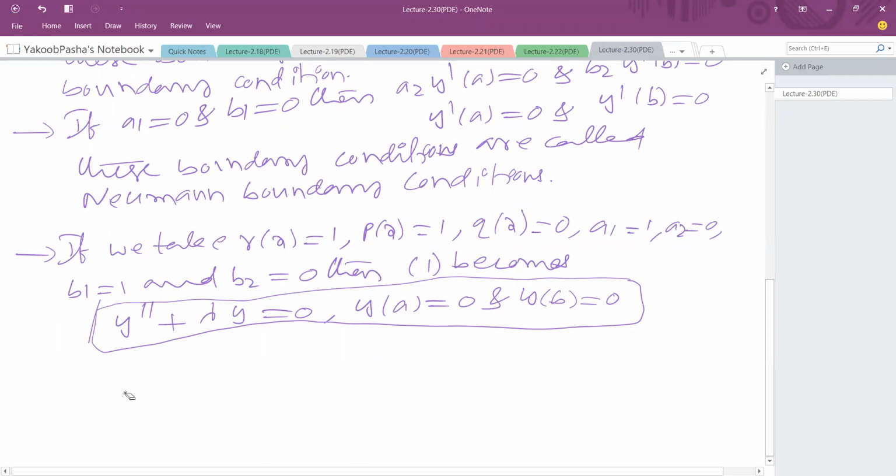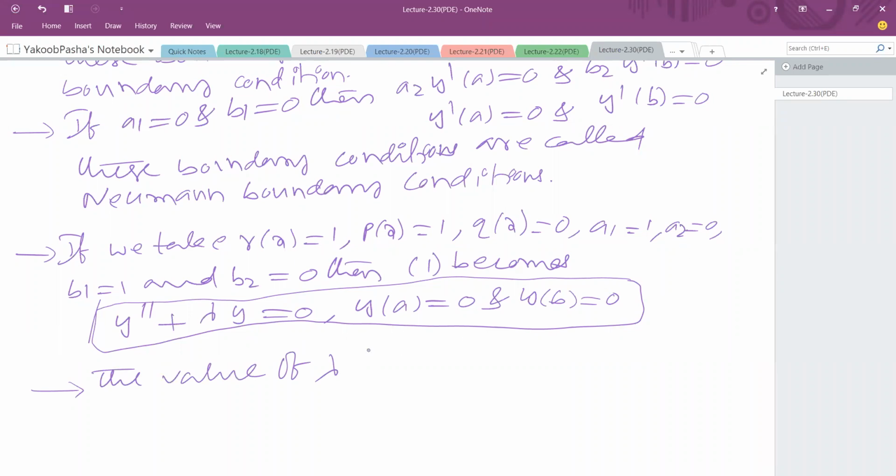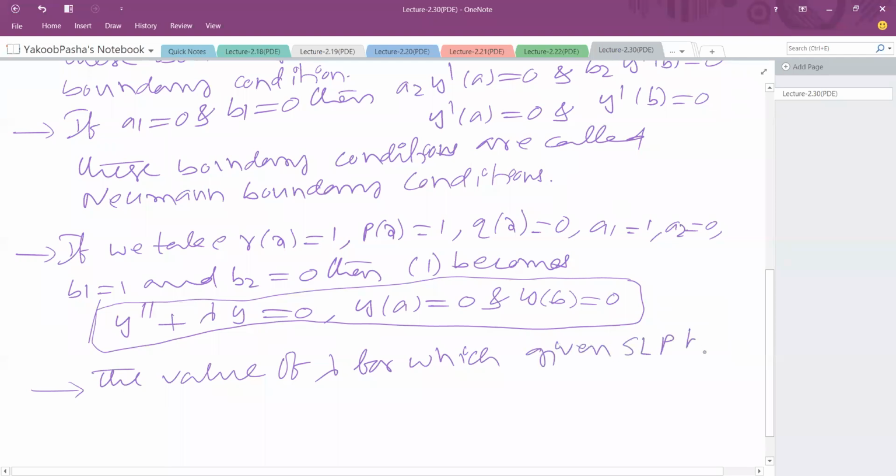The value of lambda for which the given SLP has a non-trivial solution is called an eigenvalue,